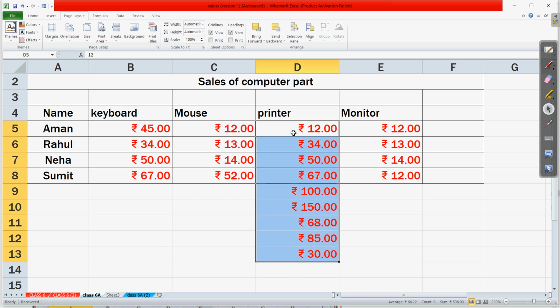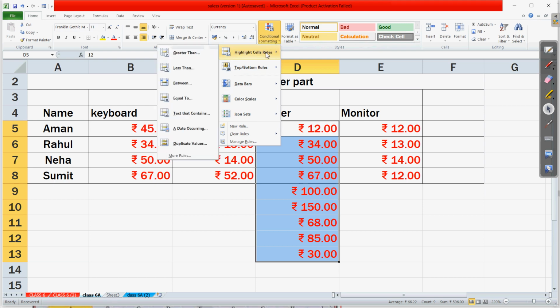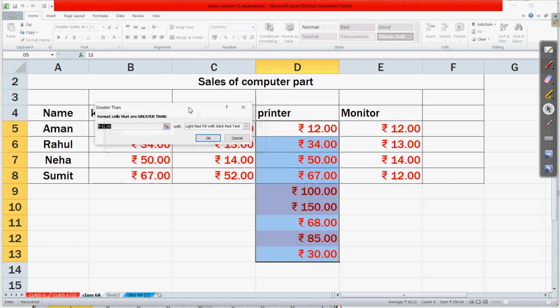After selecting this, what we have to do is go to the Home tab, and in the Home tab you have the conditional formatting option. Clear? Now choose Highlight Cell Rules, then the greater than option, less than option, whatever operator we want. Suppose I am selecting greater than. Let us give a condition.